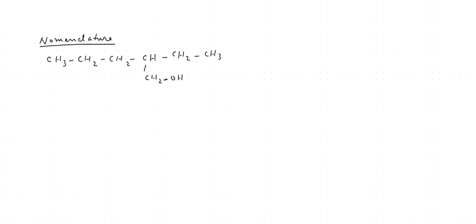Here a primary alcohol, here a primary alcohol, here a primary alcohol. How many secondary alcohols are possible? Here a secondary alcohol, here a secondary alcohol, here a secondary alcohol. How many tertiary alcohols are possible? Only one tertiary alcohol. So from this, even though we have taken this as an example for nomenclature, we have